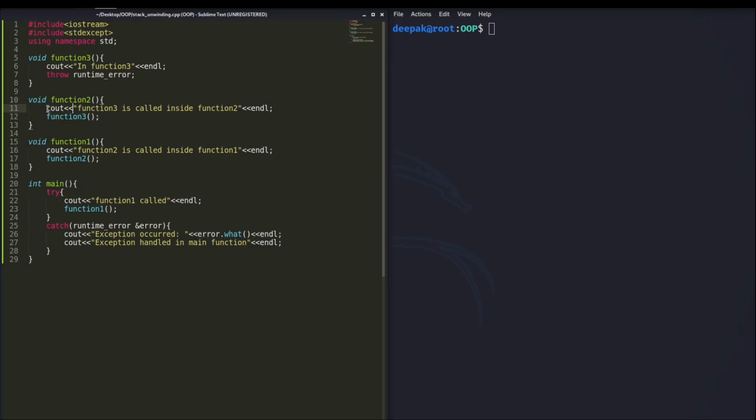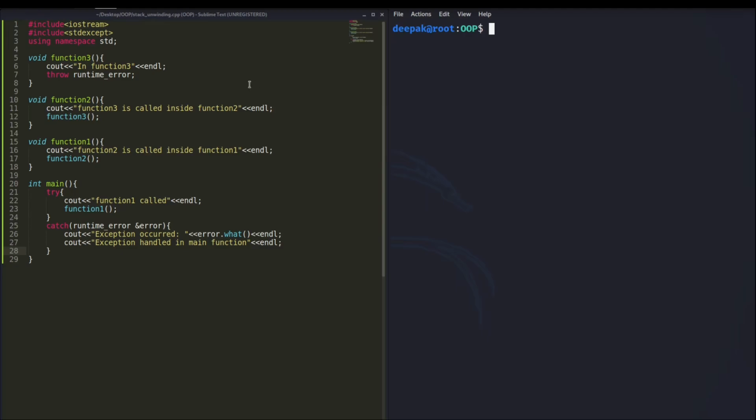But even in this function we don't have any try catch block, right? So if there is no try catch block, it will again try to go back to another function, and stack unwinding will occur here also. And now this will move to function 1, and as we don't have any try catch block here, the control will move to the main function, right? And now as control has reached the main function, it will be able to handle this exception. Let us suppose you don't have any try catch block inside the main function also, or we don't have any catch block to handle this kind of error or exception. This program is going to terminate abnormally.